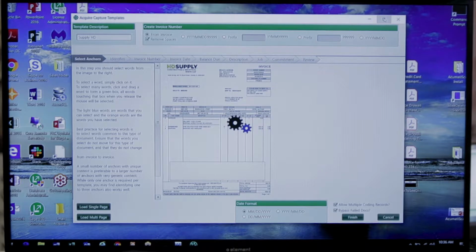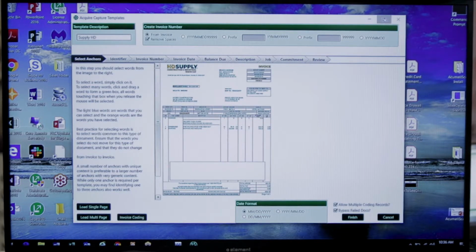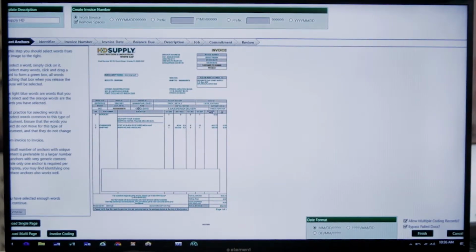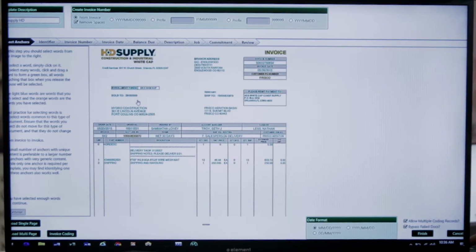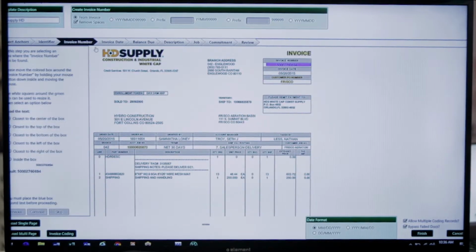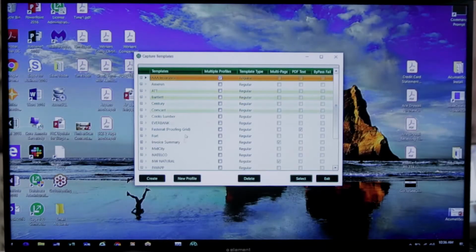With the template, it's basically just taking the invoice image and providing me with a menu where I can simply go through the process of defining where certain information is on the document. So in the case of the invoice number, I'm simply highlighting that field, and then I'm moving on to invoice date, balance due, and so forth. Once I've defined a template, the next time that I acquire an invoice for that particular vendor,